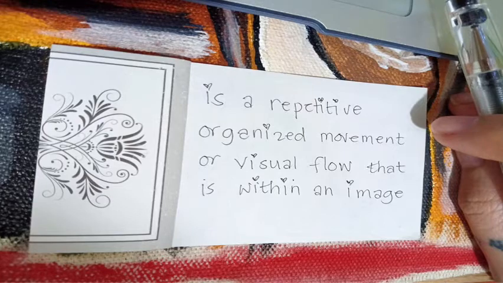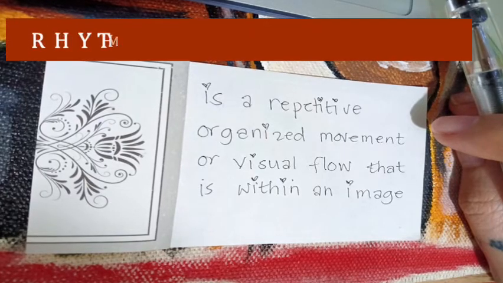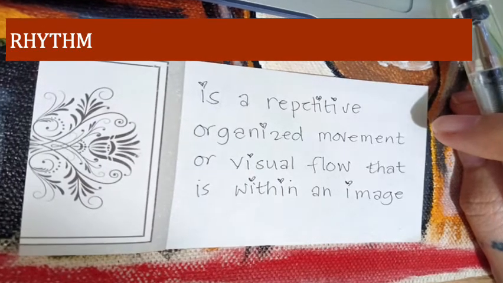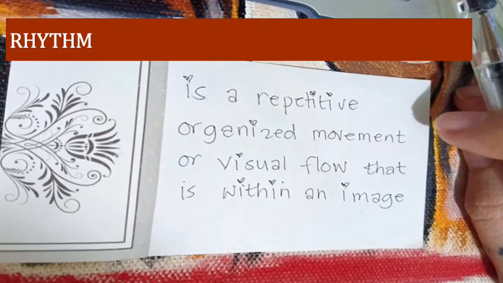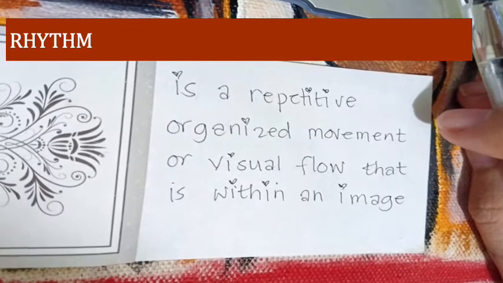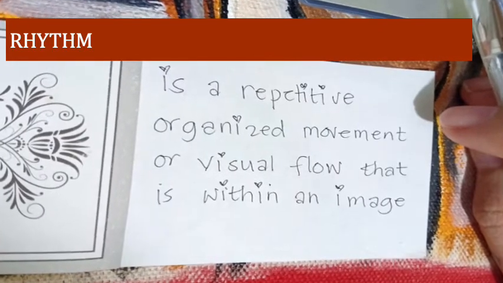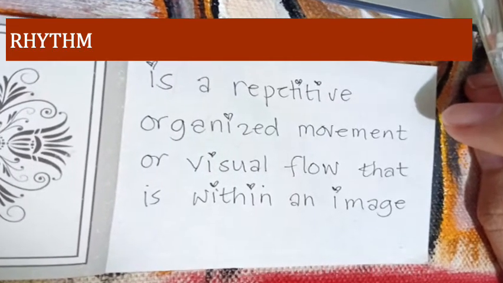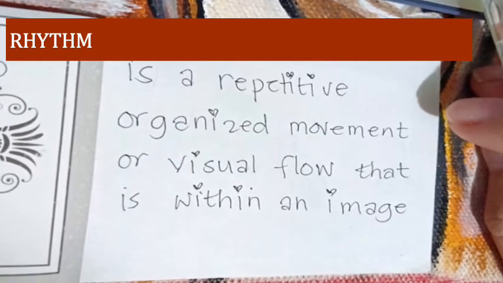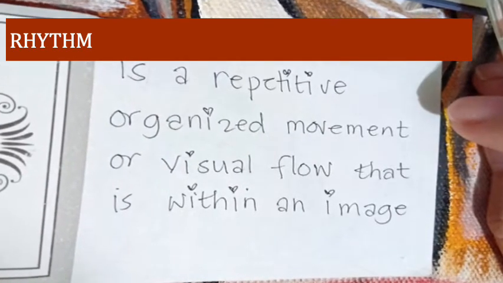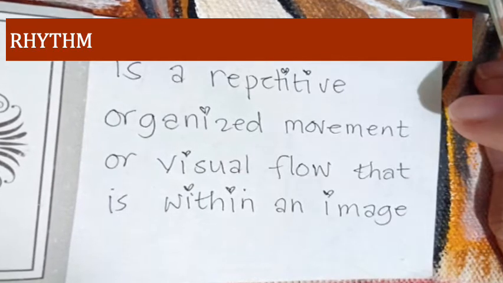And then we also have rhythm. So rhythm is a repetitive organized movement or visual flow that is within an image. So when we say repetitive, meaning to say there is this particular something that gets repeated over and over in order to produce